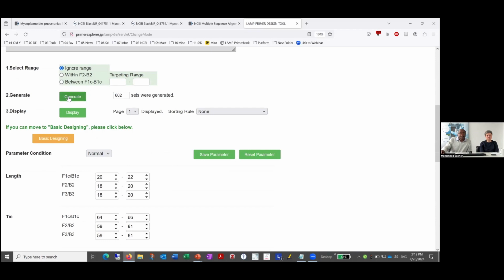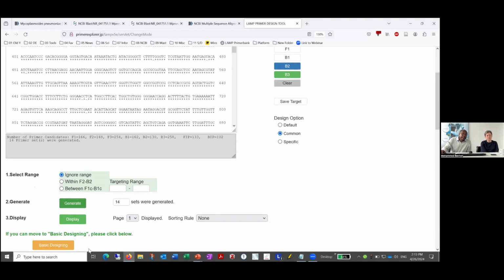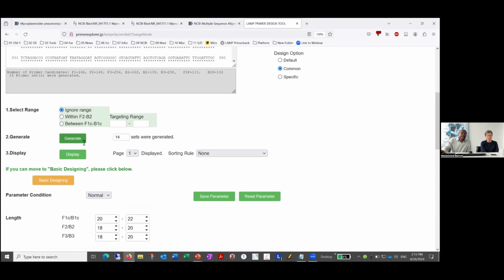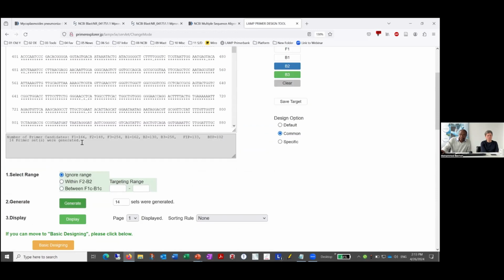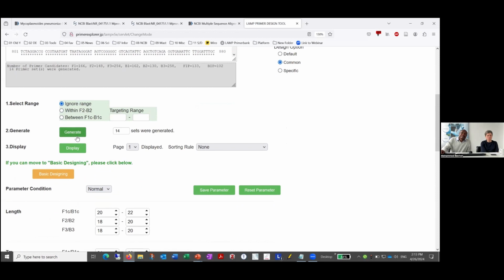And now you can press on generate. Now you see, because you made the conditions a little bit more stringent, it has now filtered out a lot of primer sets, and now we are just left with 14 primer sets. Well, you can make the conditions much more difficult until you end up with only one primer set here. That's possible, but